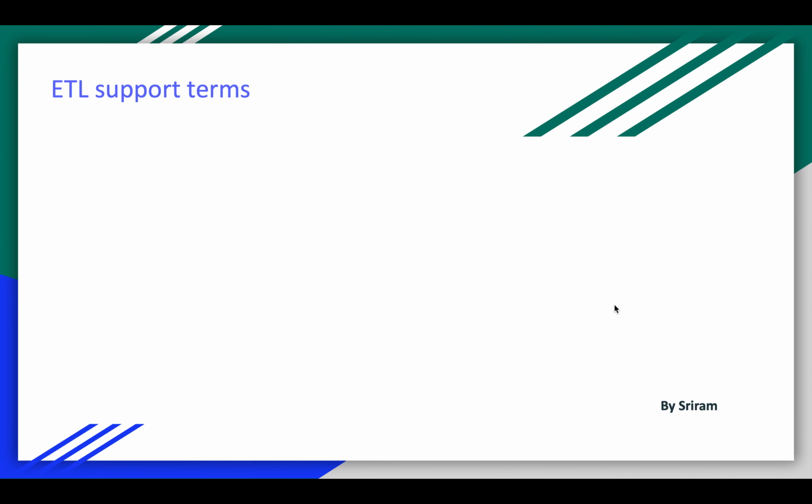Next slide, I'll be talking about the terms that we just talked about. So SOP execution is something like a standard operating procedure, which is an approved document between the parties, which has steps on what to do or how to load the data. It doesn't have any other details, only steps to load the data for the L1 team, because L1 doesn't know Informatica. So they will just simply apply these steps on a particular workflow. I will give more examples in the coming slides. For now, just think in that way.